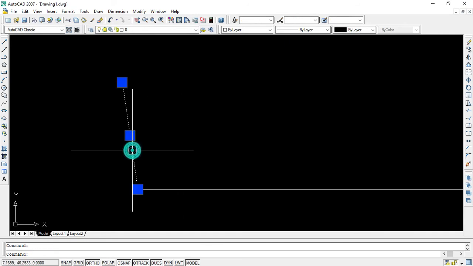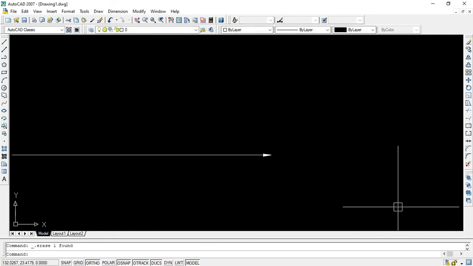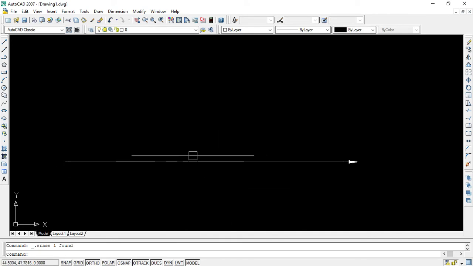Okay, then in that way you can remove. Okay, so this is the way of drawing it. Suppose if you want to draw an arrow, then in that way you can also draw using the leader command. Okay, or suppose, in the previous class I have already shown you. Anyway, I am showing you it again.